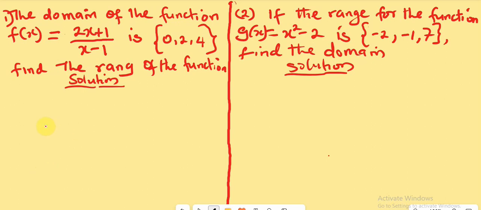So domain is a set of inputs that will produce a set of outputs in a function. For instance, this is the domain. When used in this function, it is going to produce a set of outputs known as the range or the image. So anywhere I see x, I'm going to replace it with these values in order to get the outputs, which is the range. The first one will give me